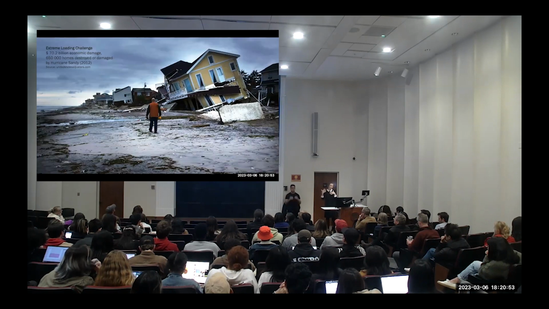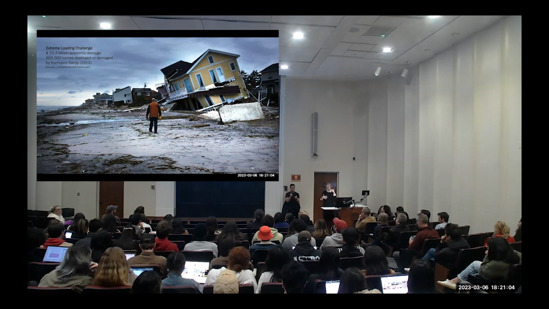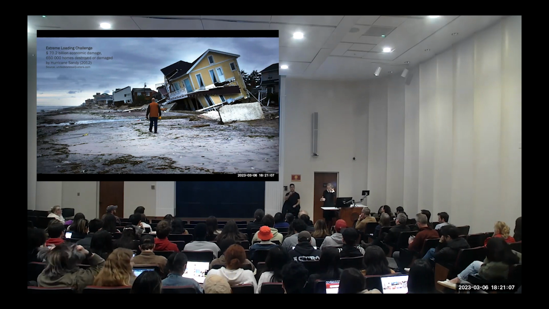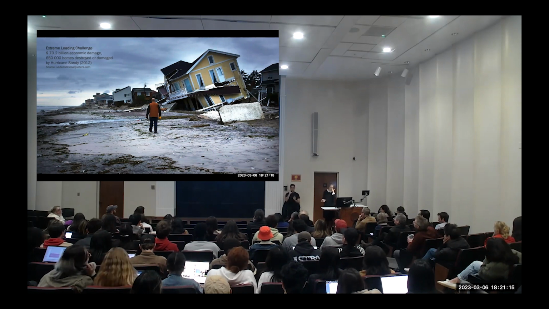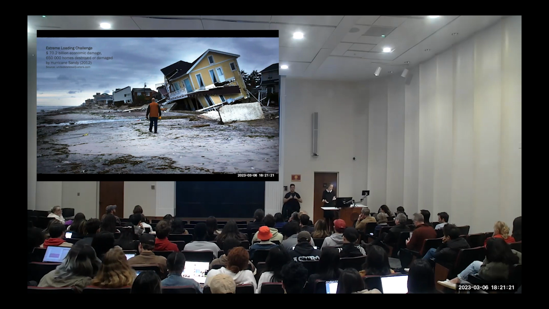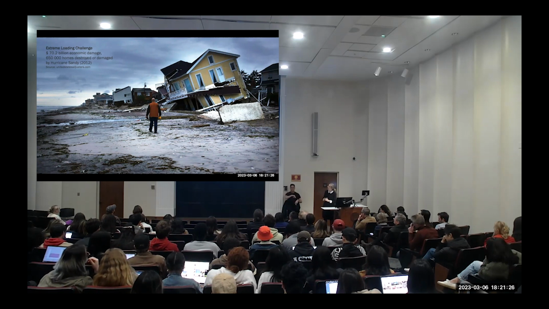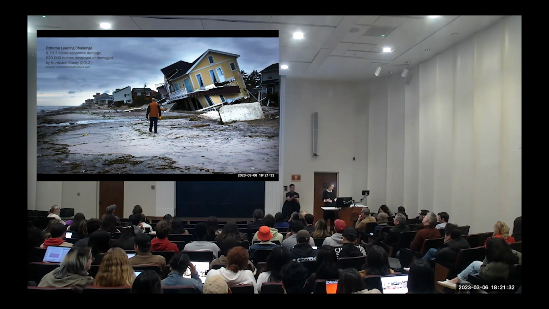And then finally, not only are we adding to the problem of climate change, we actually also have to design for it. And for me, this is very shocking, because when I was at school a very long time ago, we just took the loads from the code. But now these loads are changing a lot. The picture that you see here is not a rendering. It's a picture from Hurricane Sandy, which hit the shore where I live in about 2012. We had a very big hurricane, because these houses are close to the beach. There was a lot of damage, not only financial damage, but also social damage.